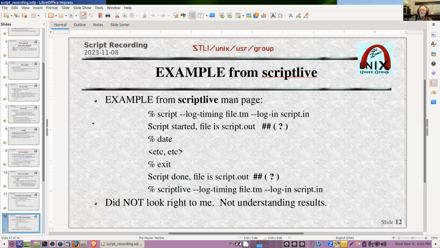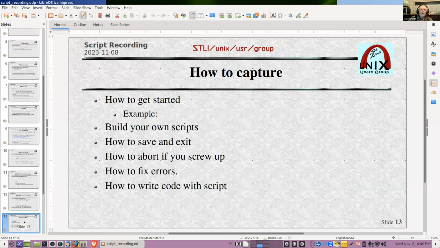I kind of read the man page, and it kind of talks about it's going to replay live. I got the idea it's trying to redo exactly what you captured in there, actually recreate what you did. Kind of. That seems kind of strange to me. Maybe this is a semi-executable script that you're creating. I don't know. But now these next two slides here, slide 13 and 14, are how to capture.